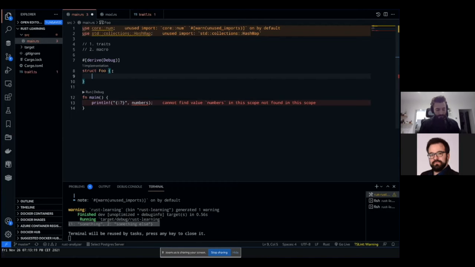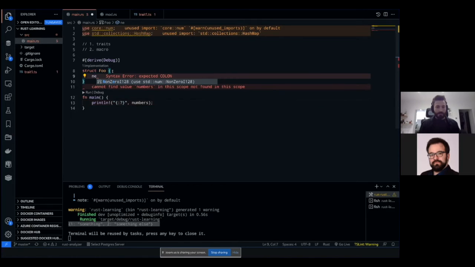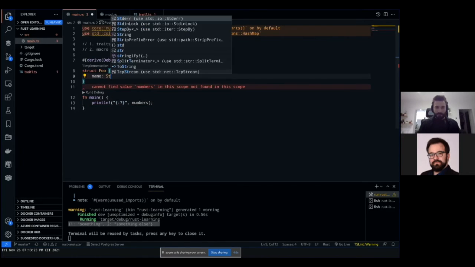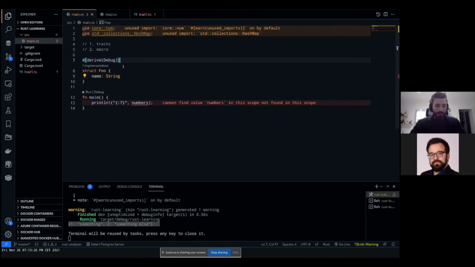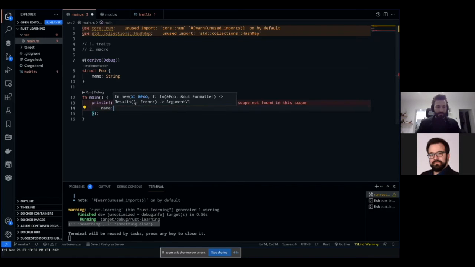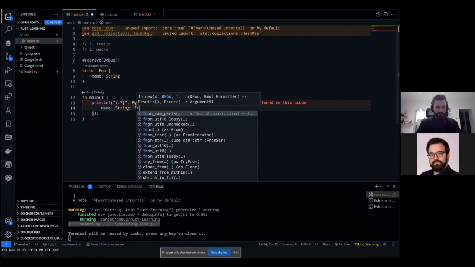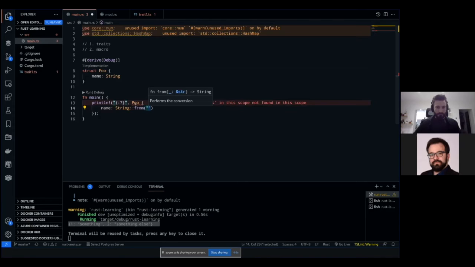For example, let's see, it has a name, which is a string, and I could just write out this name string from hello,